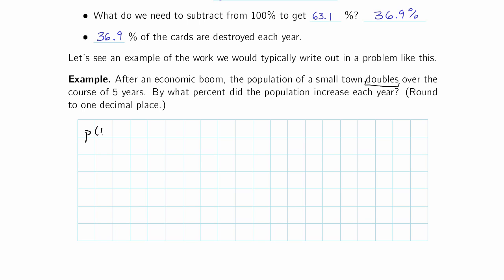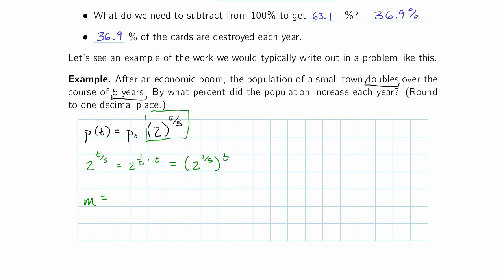Our population is going to be our starting population times 2 to the power. Well, it doubles over the course of 5 years. The time it takes to double is 5 years. So we're going to say t over 5. Okay, we weren't told the starting population, but that's okay, because what we're actually interested in is manipulating this exponential part. 2 to the t over 5 is 2 to the 1/5 times t is 2 to the 1/5 to the t, which means that what we multiply by every year,